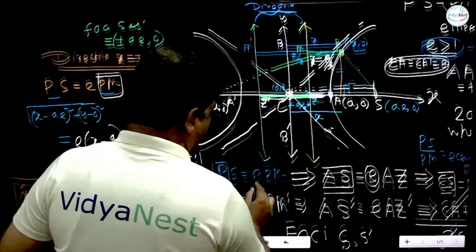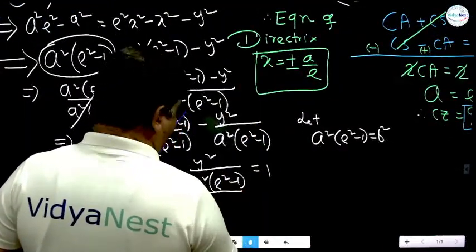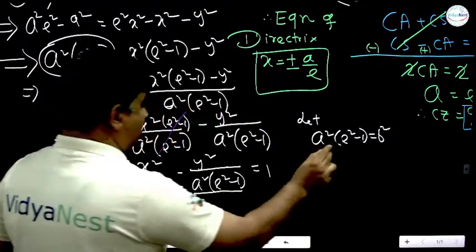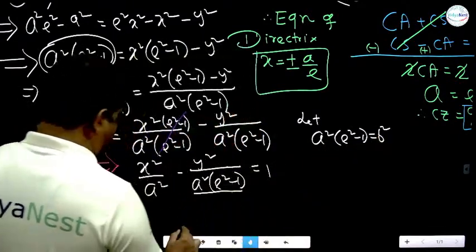So I will let this thing a square e square minus 1 is equal to b square. So